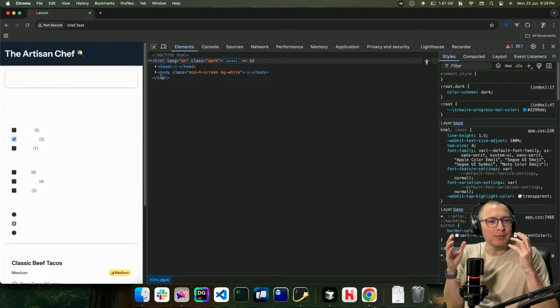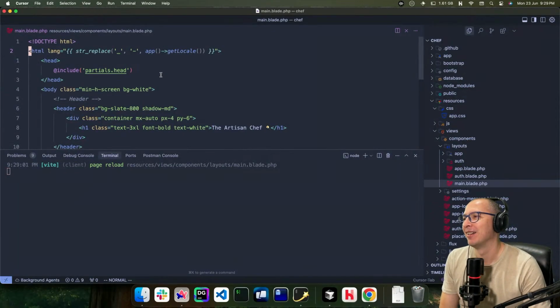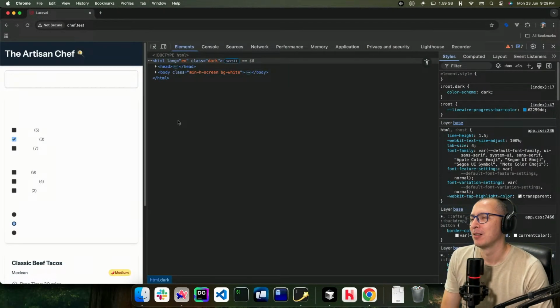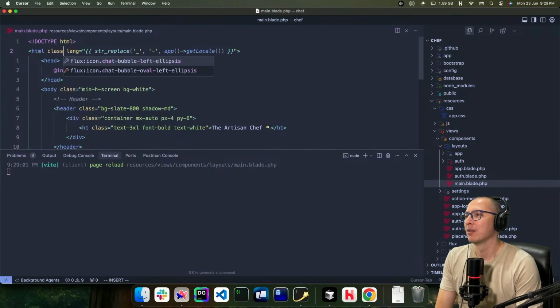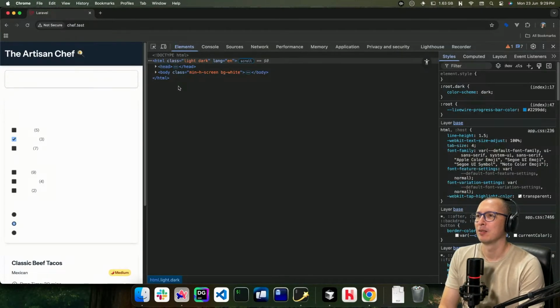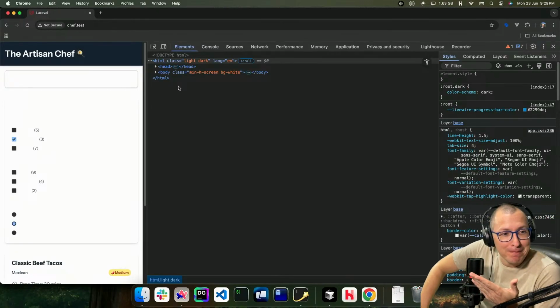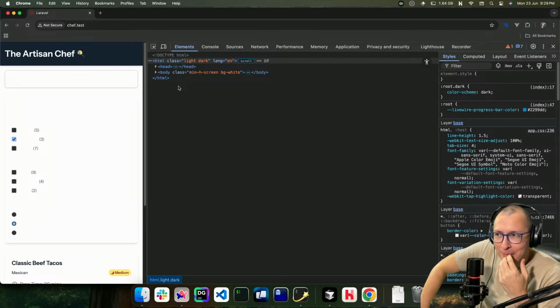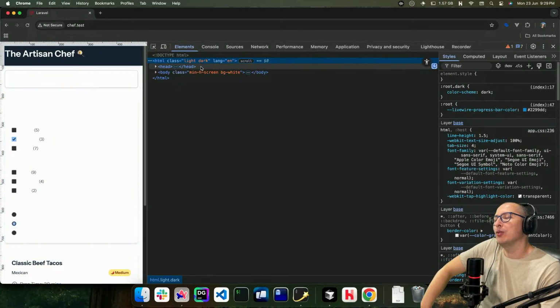It's adding it by default. I don't know why. Why? Are you seeing this? Why are you adding dark by default?